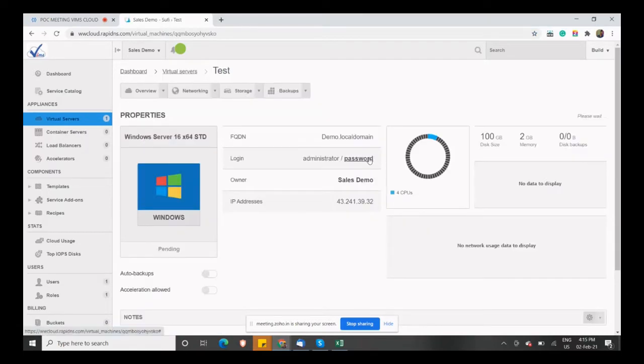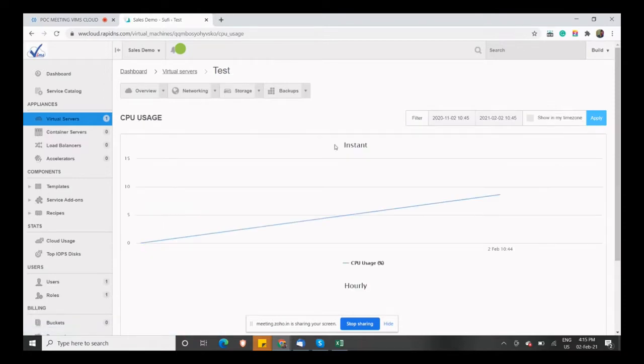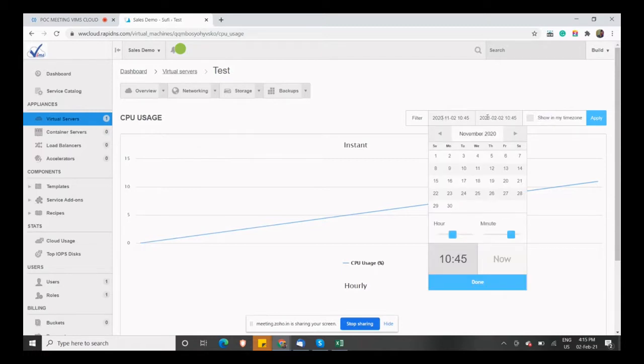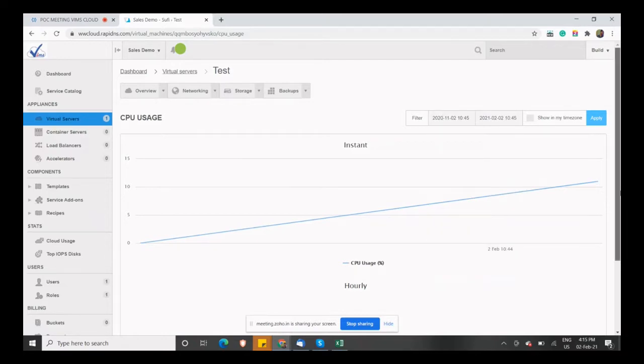Once you click on this, while creating the virtual machine, I left the password blank. So here you can see that the password has been generated by the system. This is the IP address. In the overview, you can get CPU usage. You can apply a filter based on date, time and working hours, and you will get an overview of the utilization.